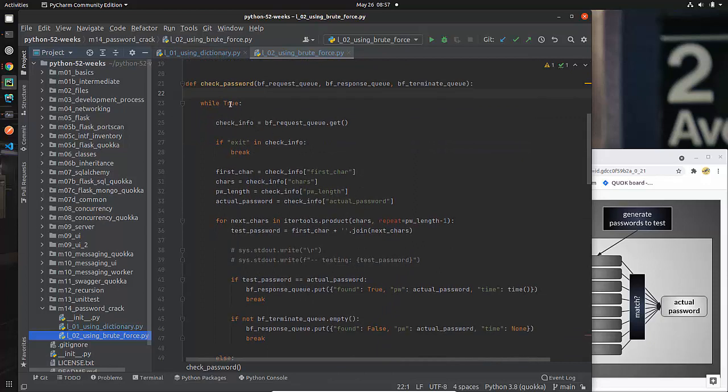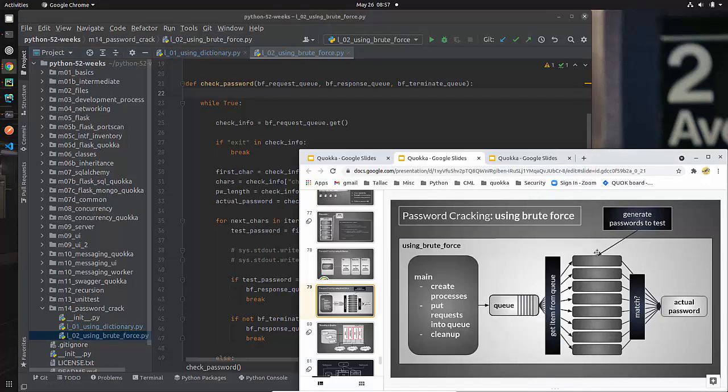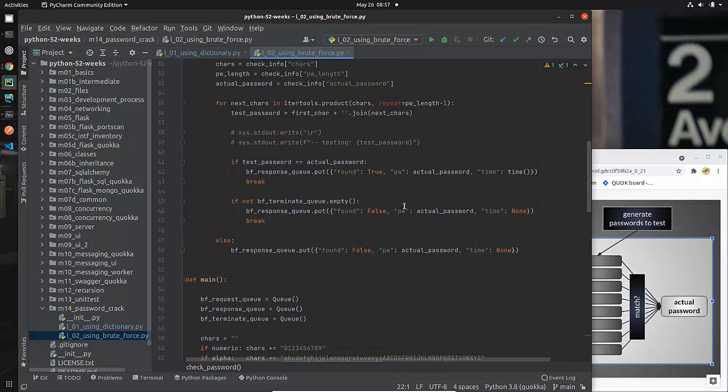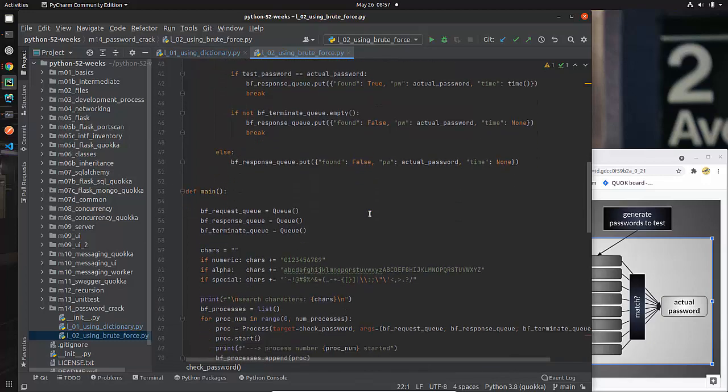I have a function called check password that we talked about. This is what gets called in our process. So when our process is running, it's actually running the code that is check password, and that is where we generate all of the potential alternatives, all of the permutations of possibilities, and check to see if it matches the actual password. And we did mention that there's a mental contract between this particular process and the caller, in which case it will always return some type of message, whether it was found, whether that's true or false. So we're dependent on that in the main program.